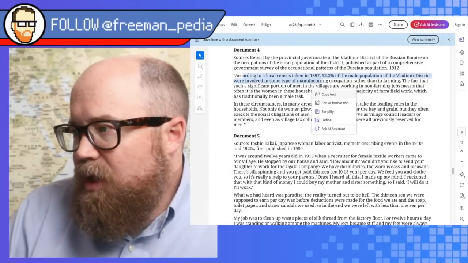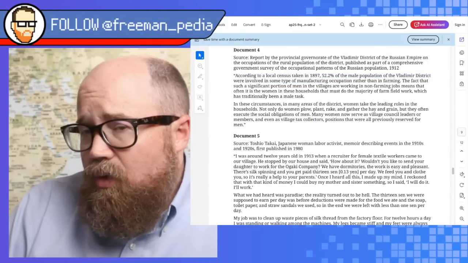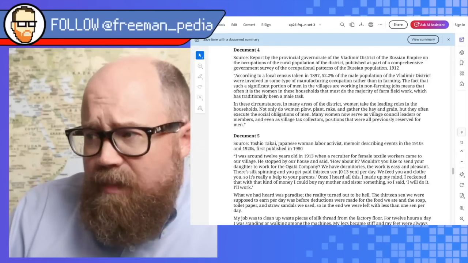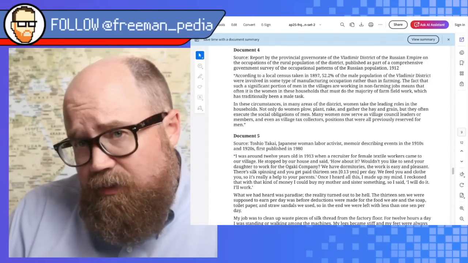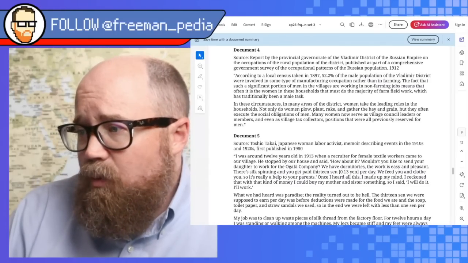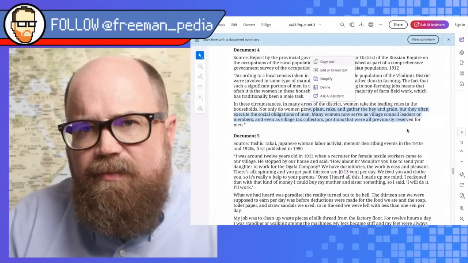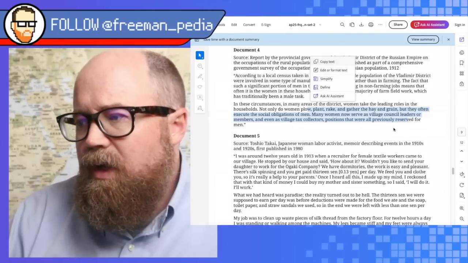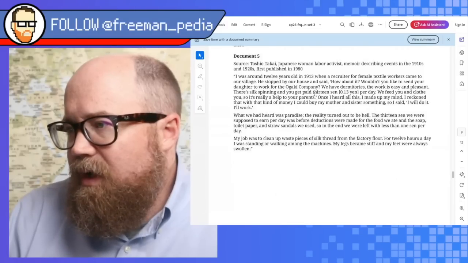that men are working in the factories, and so a majority of men are working in factories, so who's doing the household stuff, the household farm work? That kind of stuff falls on the women to do, and women are even stepping up politically. So that's kind of what I was expecting more of, women stepping forward into this role, when I started this one. Document 5, Japanese labor activist.